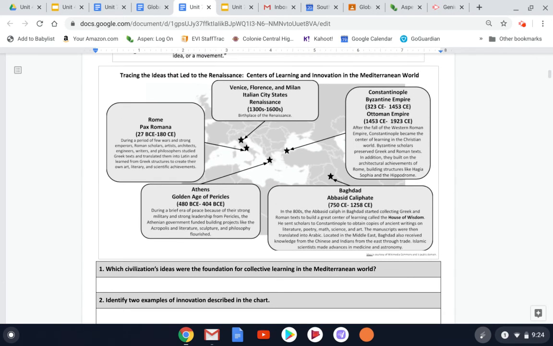So consider this. If you are an Italian in the 1300s, you might start seeing some of these Greco-Roman sculptures and ideas being built into art forms and buildings. But if you're up here in England or over here in France, it might take you longer to see some of those changes happen because those ideas have to spread. And way back in old times, ideas and communication was a lot slower than it is today.